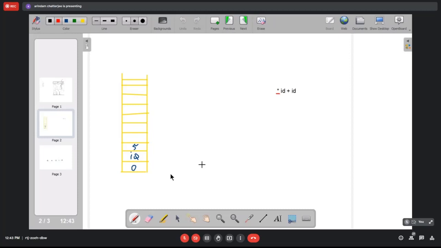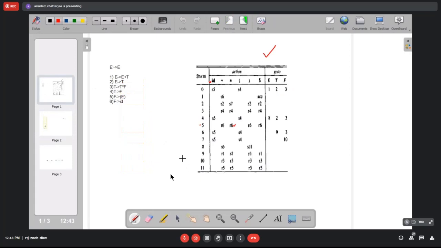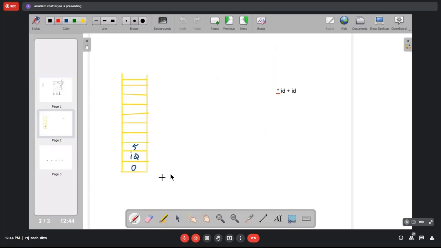How many symbols are we going to pop from the stack? That depends on how many symbols are there on the right hand side of this production rule. On the right hand side of production rule number 6, we have only one terminal. If you have n symbols, terminal or non-terminal, you have to pop 2n symbols.